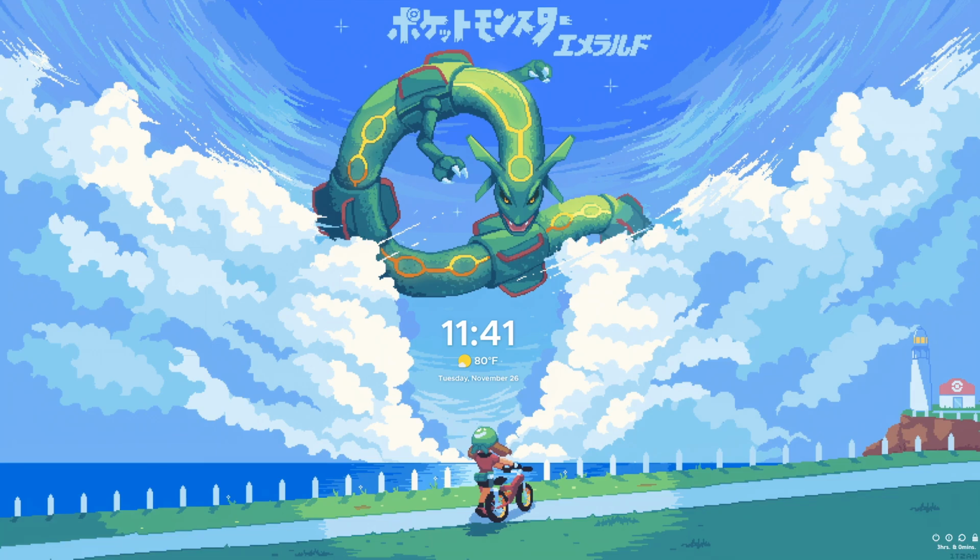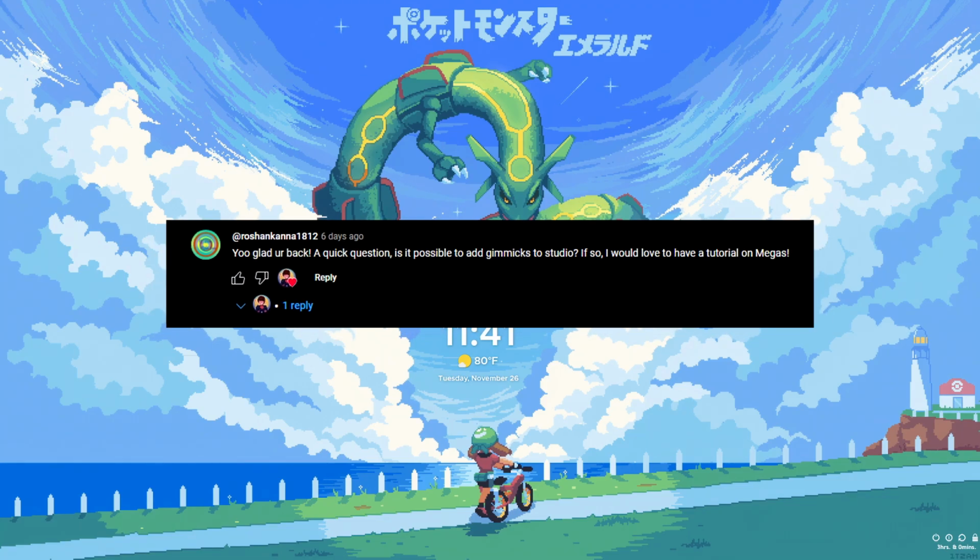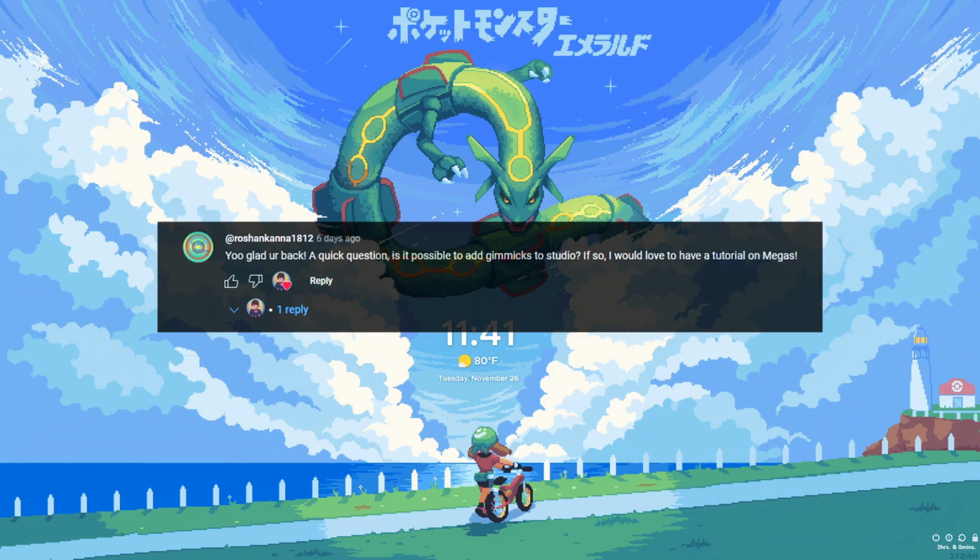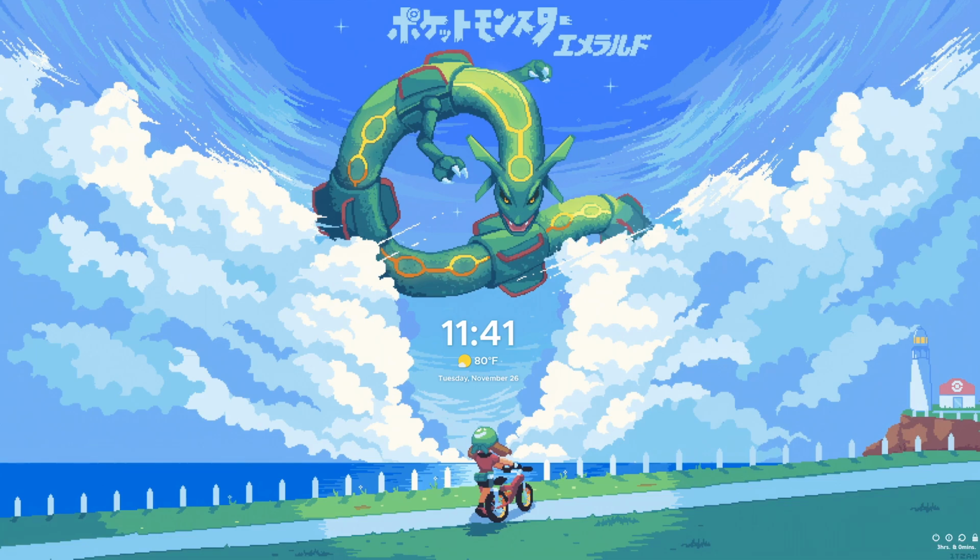After the last video, I was asked how do you do Mega Evolutions in PSDK, and so I figured I would show it off in this video because it's actually pretty easy. I'll be showing off how you can create your own Mega Evolution items, like items that will enable the ability to Mega Evolve someone. I'll show you how you can set Mega Evolutions for your Pokemon, how to assign the graphics for those new Mega Evolution forms, and also how to give a trainer the ability to do Mega Evolution